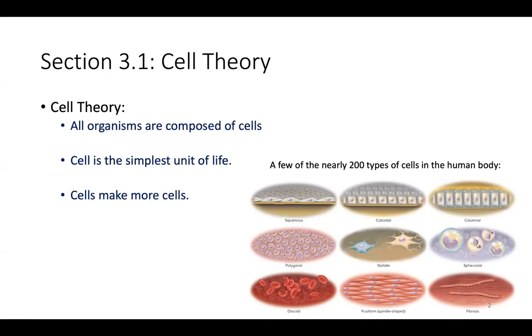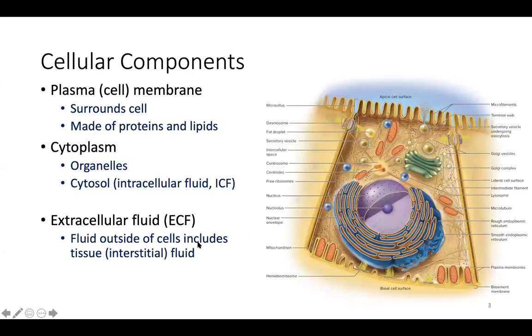We have these squamous cells. You'll learn some of these in the histology lab and the histology chapter, so some of these will look kind of familiar in a week or two. The squamous cells are kind of flat. Those are near the surface of our skin or lining our organs. Columnar cells are column shaped. They're really good at excreting mucus, so they're found in areas that need to excrete a lot of mucus. So the shape of the cell, the type of the cell, really determines its function. Like I said, we're going to go back to that theme over and over again. Structure determines function. This is another example of that. So that's the basics of the cell theory.